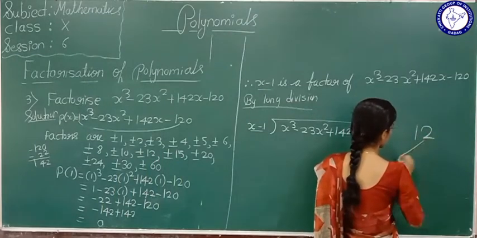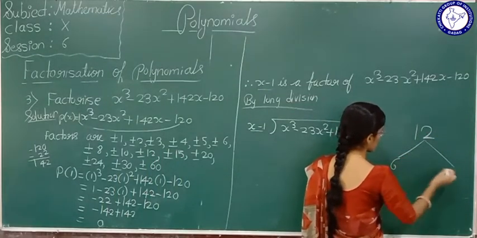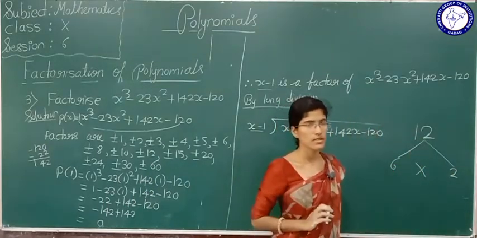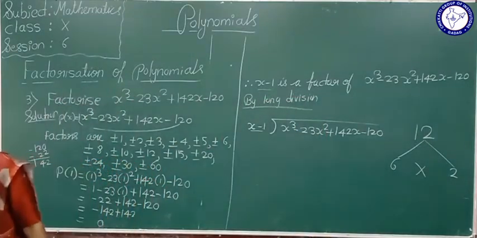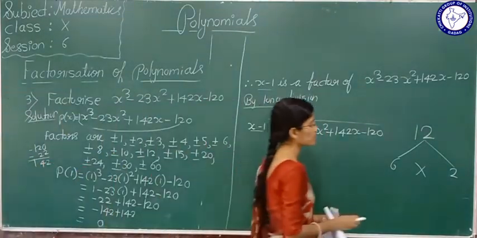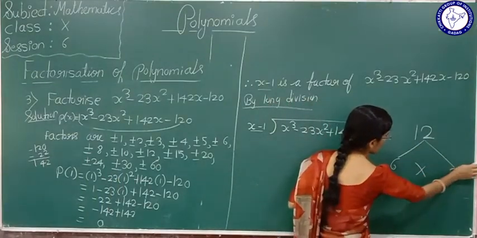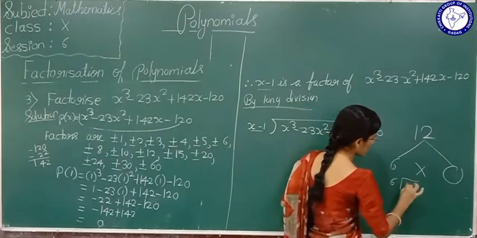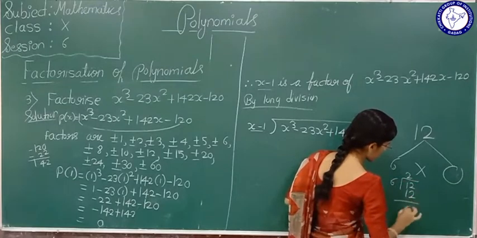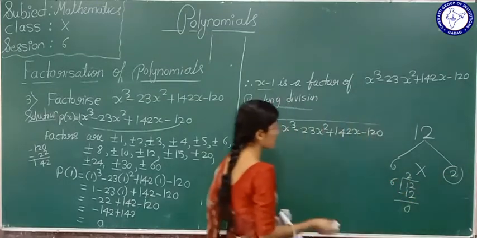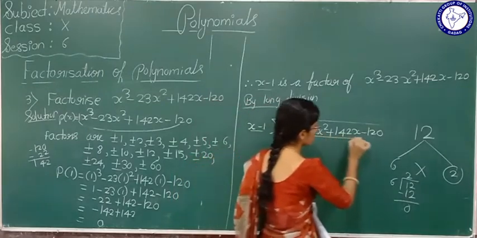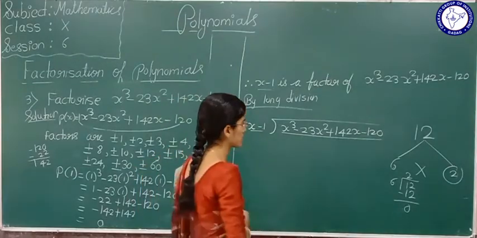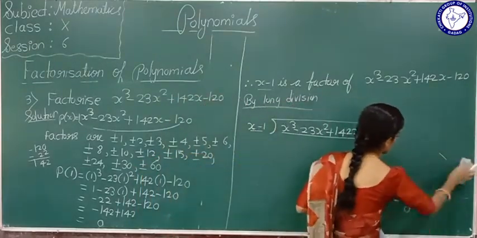Now see students, what are the factors of 12? 6 2s are 12. Other factors are also there, but I am writing 12 as 6 2s are 12. If I know one factor here, 6, how do I find one more factor? Divide it. 6 2s are 12, I am getting the factor, the same thing. If you divide this polynomial by x minus 1, you are going to get the remaining factors. Now see, I told you how to divide this.